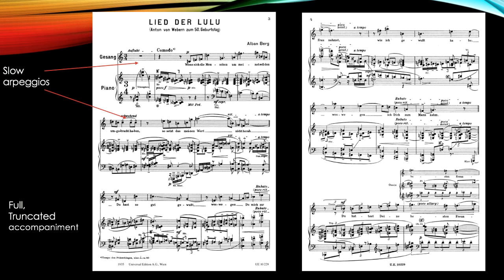It sets up the scene in the sense that the audience doesn't really know exactly where the character is going to go. Berg creates an atmosphere of uncertainty of what Lulu is about to do. She begins by singing slow, arpeggiated notes, which don't seem to fit together as we would expect. She's there, holding a gun, and this is how she starts the song. Lots of arpeggiated scales and this truncated accompaniment. We feel the tension starting to build, and an eerie calm and sophisticated sense of Lulu's approach to the situation.